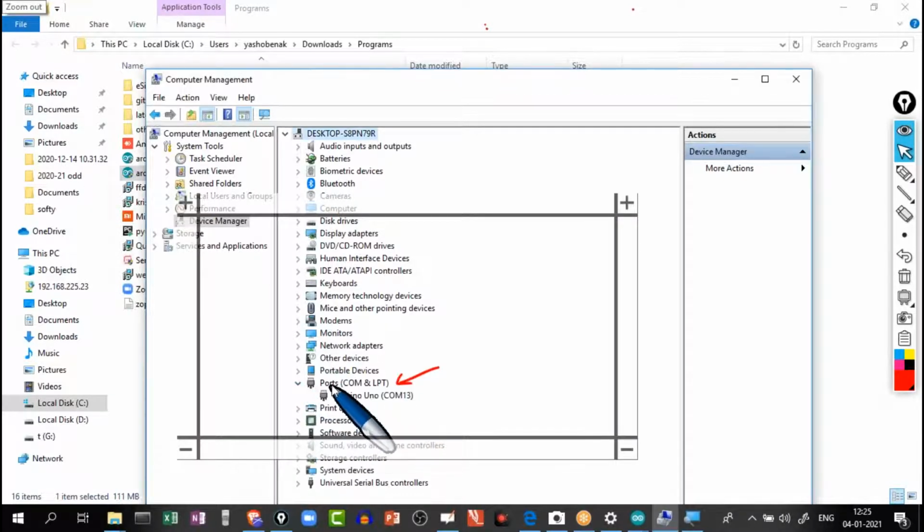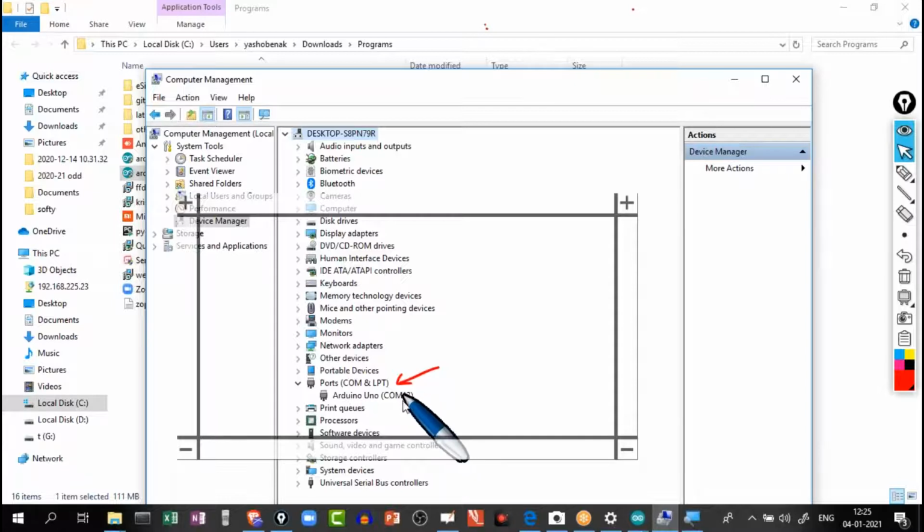All I've got to do is expand these Ports and see that, because the Arduino IDE has the serial cable driver also, our laptop has successfully identified this peripheral by the name Arduino Uno, and it has assigned it a communication port with the number 13. And let me tell you, this COM port number will vary from PC to PC. For my laptop it has assigned COM port number 13, and for your PC or laptop it might show up with some other number.